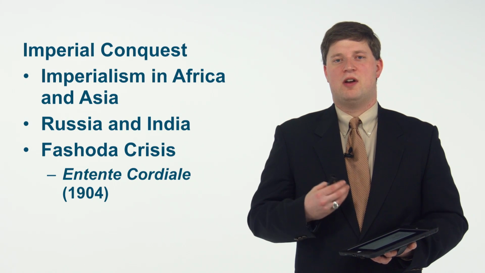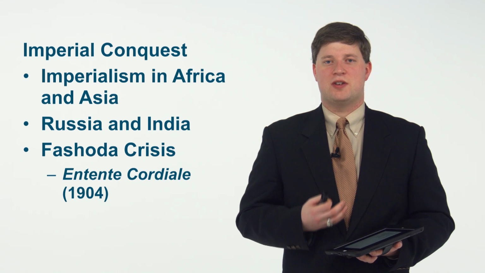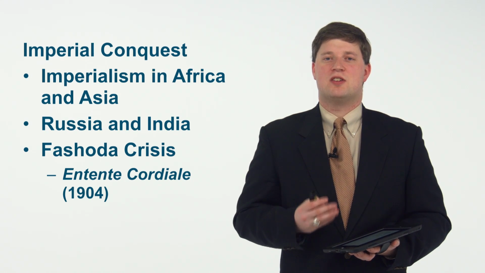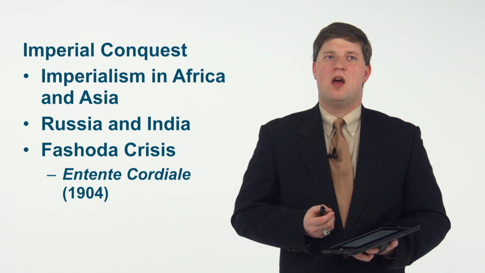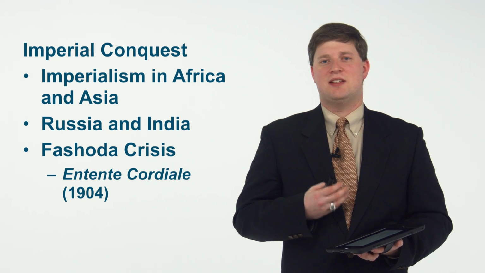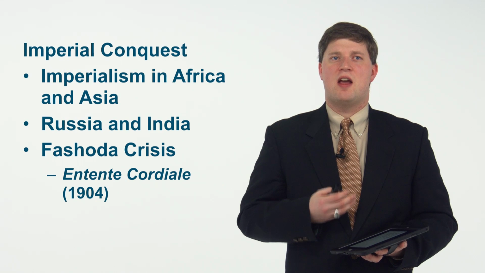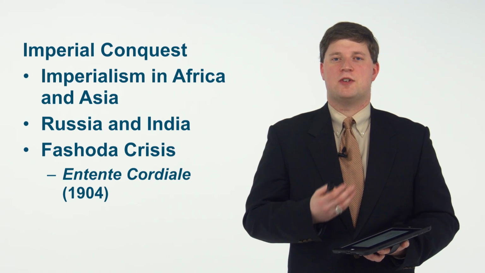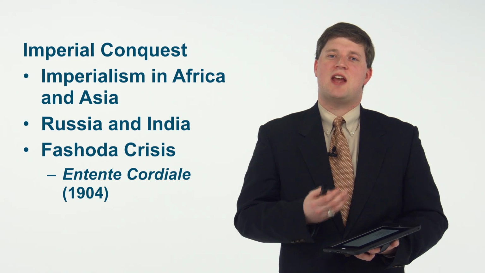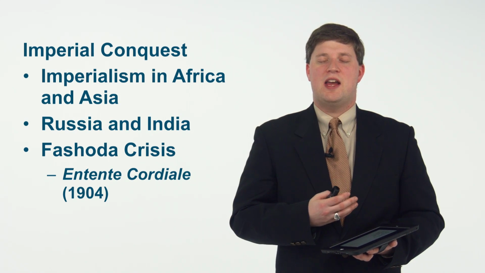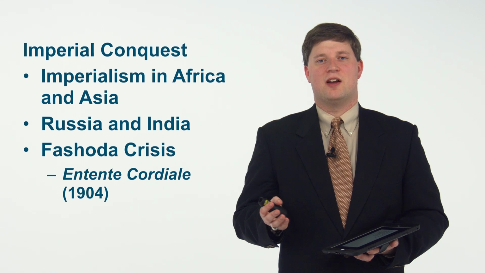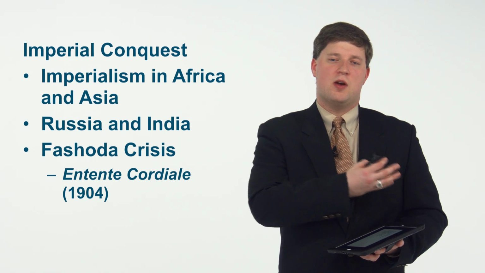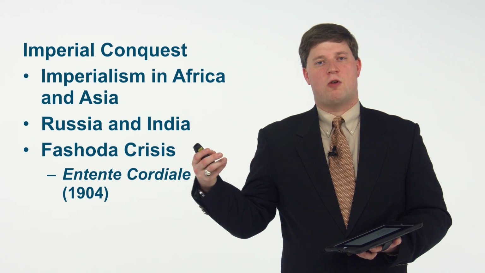Another example of problems from imperial conquest and expansion occurs in Africa, and it's known as the Fashoda crisis. What functionally happened was in 1898, France sent an expedition to the Sudan, arriving at Fashoda. The goal of this was to extend French claims eastward along the continent of Africa. There were some who had a dream that the French could create an empire from the western part of Africa straight across the continent.